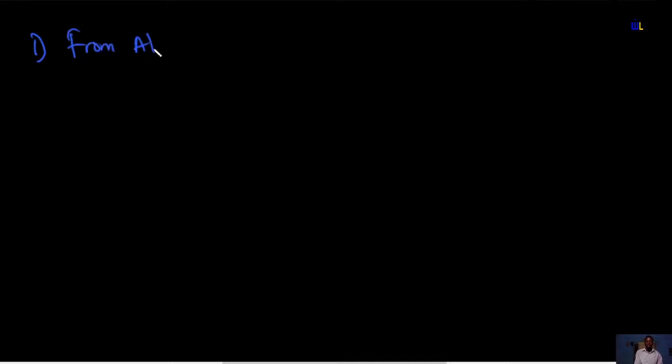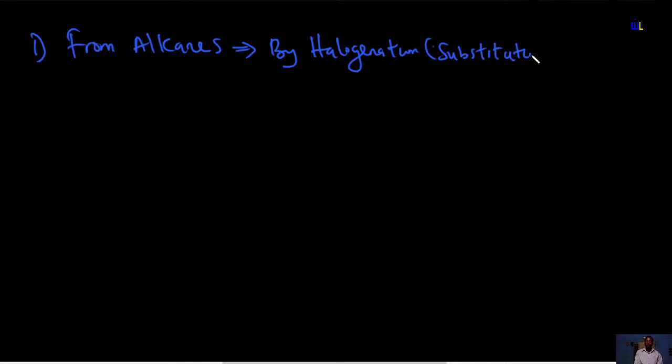How can your halogens or halogeno compounds be prepared from alkanes? By halogenation. Halogenation is a substitution reaction. Halogenation of alkanes. So the implication is that you should first understand that when you talk about alkanes, they are